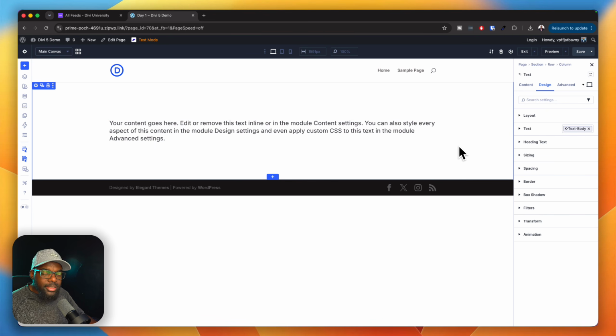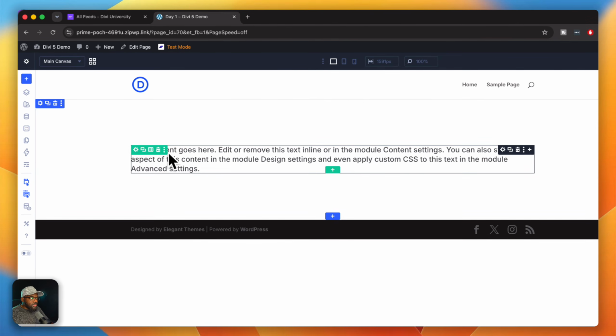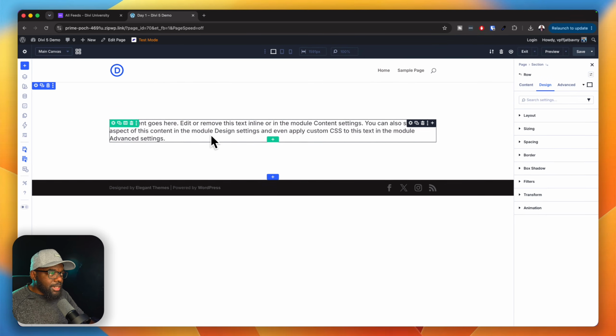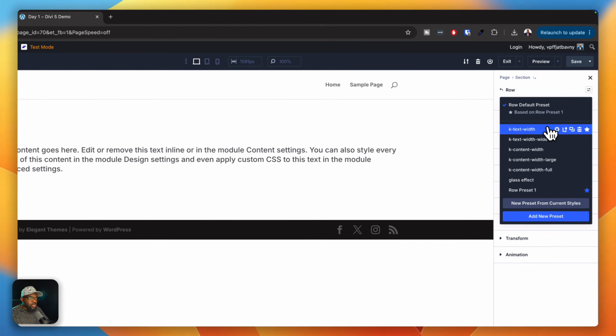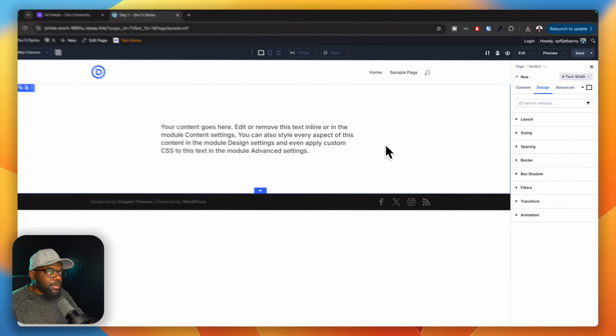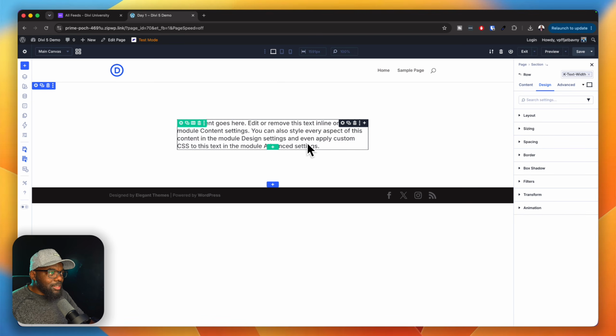So the question now is, how do we know what size to use? Now, thankfully, our design system has that in place. So if you want to make sure that this follows the right settings or the right width, you'd come over here and then you choose your text width, and now it has been selected. Okay, so this is ideal. It's perfect for